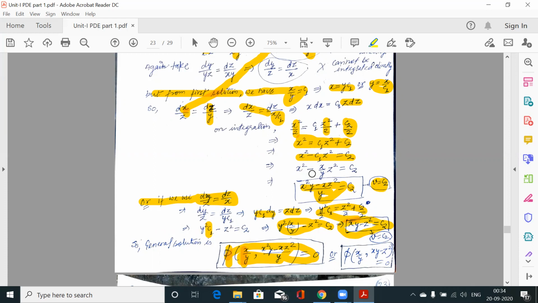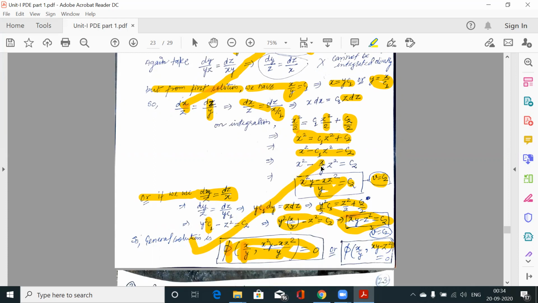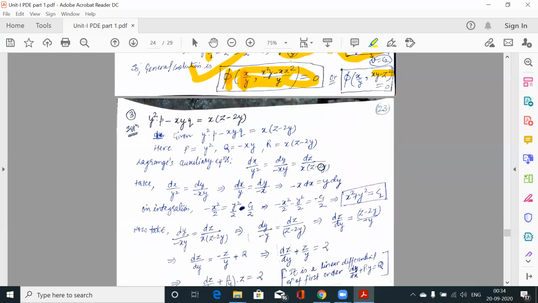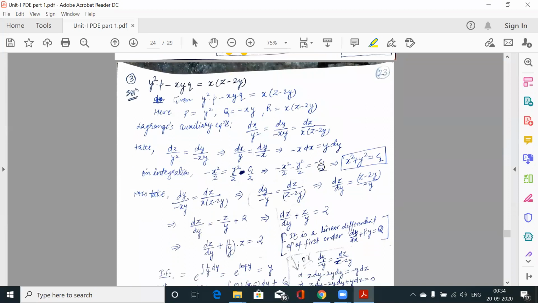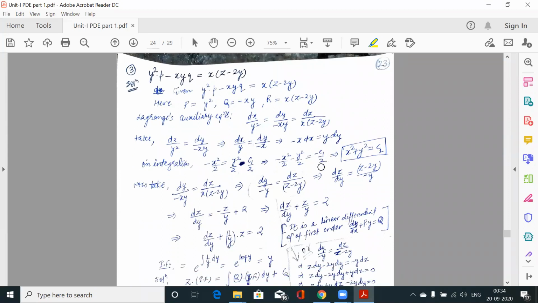So in case of this, this is also a possible solution, also possible integration. So this is our U, x over y, and V may be this or this. So both are correct answers. We can use any of the possibilities. So that was about case 2, where we use one solution, one integration to get the other solution, other integration.